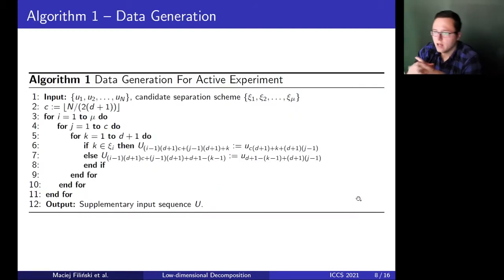Let's talk about the algorithm. First, data generation for the active experiment. This algorithm has two inputs. First is the input sequence from the passive experiment, and the second input is the candidate separation scheme, which we are checking. And the output of this algorithm is the active experiment input sequence u. And in lines 6 and 7,